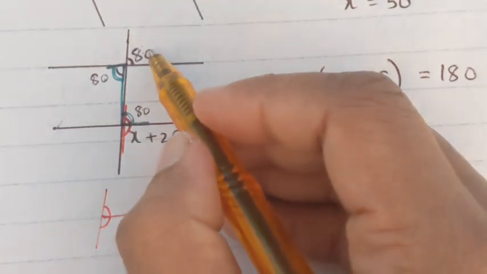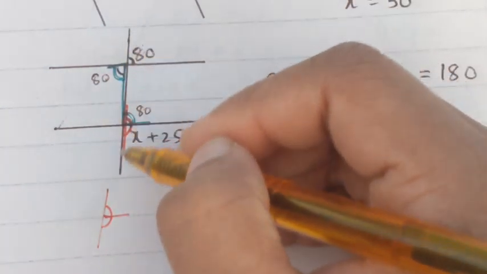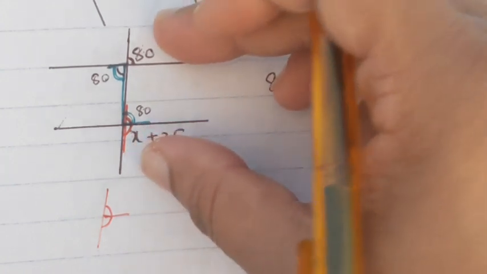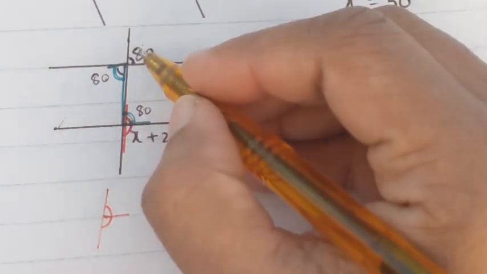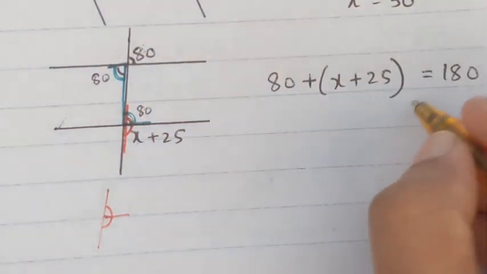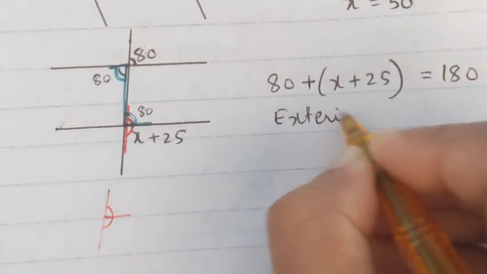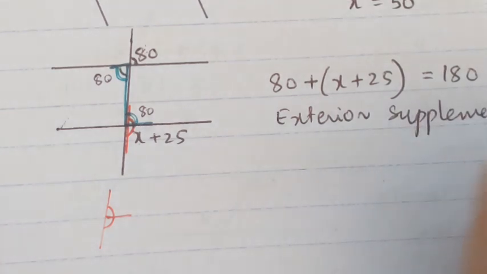So we can say that the two exterior angles on the same side of the transversal line, okay, since you can see this is a transversal line and both of these two angles are exterior, are also supplementary, just like the two interior angles are supplementary to each other. So these two angles are exterior supplementary to each other. You can write this property over here. They are exterior supplementary.